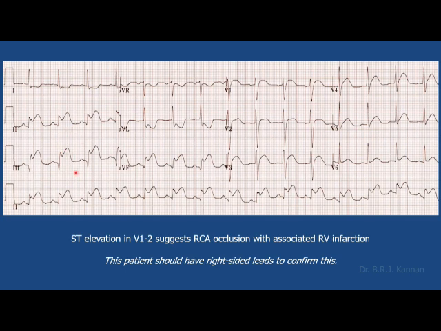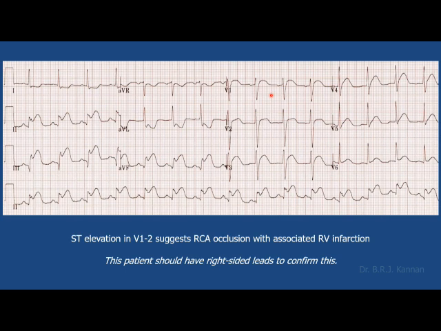Now let us come here. There is ST elevation in lead 2, lead 3 and aVF. Lead 3 is taller than lead 2. So we know that it is right coronary artery. Now look at V1 and V2. There is ST elevation in V1. Why should there be ST elevation in V1 when there is inferior wall involvement? Whenever there is ST elevation in V1, we should suspect that there is also involvement of the right ventricle, that is right ventricular infarction. As I said earlier, V1 is sitting on the right ventricle. So if V1 is showing ST elevation, we should suspect right ventricular infarction.